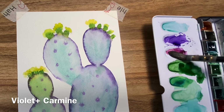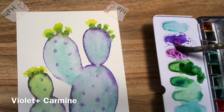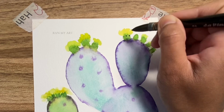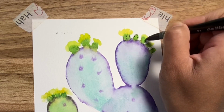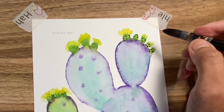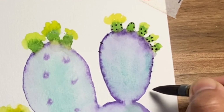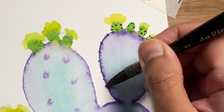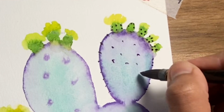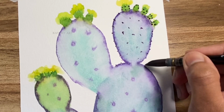Alright, moving on, I'm mixing another shade of purple with more carmine or red, creating a dark magenta like shade. I'm painting this shade using my mop brush, the one with the sharp tip, to paint those areole or bumps onto the stems as well as the cactus pad. So basically, if you understand the anatomy of a cactus, the areole or the bumps is the part where the spikes would grow. So just casually drop in those dots, creating the impression of these bumps, especially onto the corners,